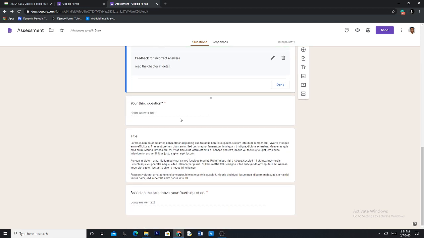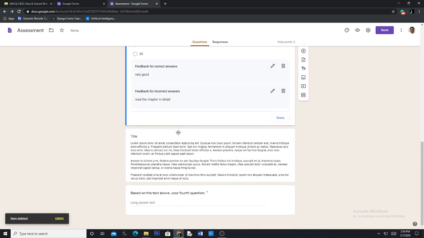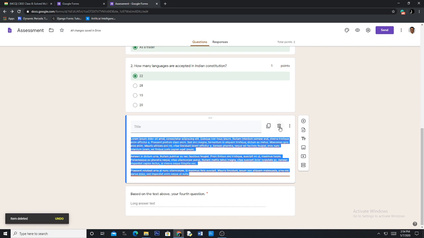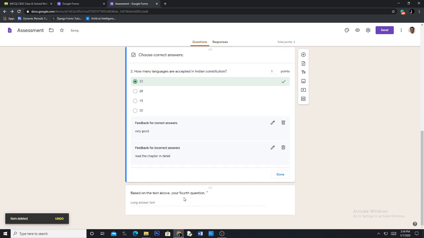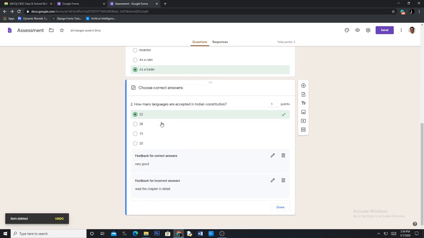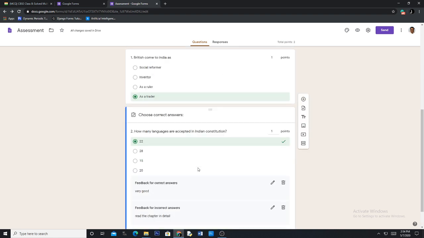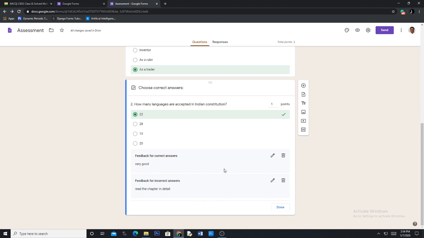And then these are all templates. Okay, so sample questions given, I remove this because I'll use only MCQ. This also I remove. And what else? A long answer is also given, I remove. So now I have 2 questions. So first question, then I have the second question.